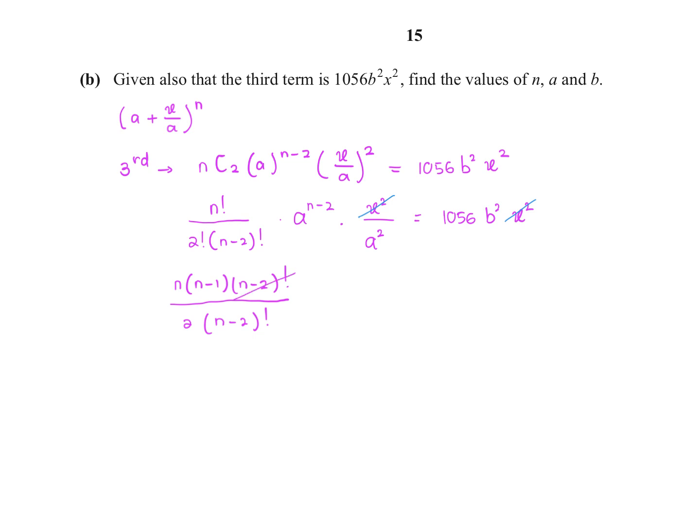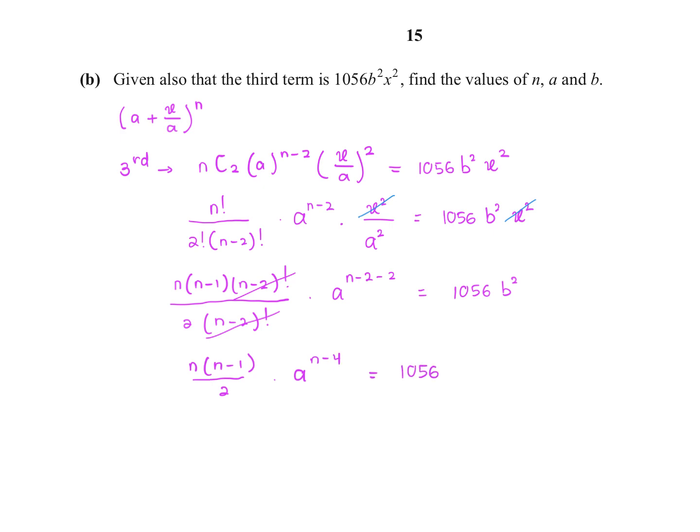So numerator n minus 2 factorial and denominator n minus 2 factorial cancel, times a to the powers of n minus 2, is equal to 1056 b squared. n times n minus 1 over 2 times a to the powers of n minus 4 is equal to